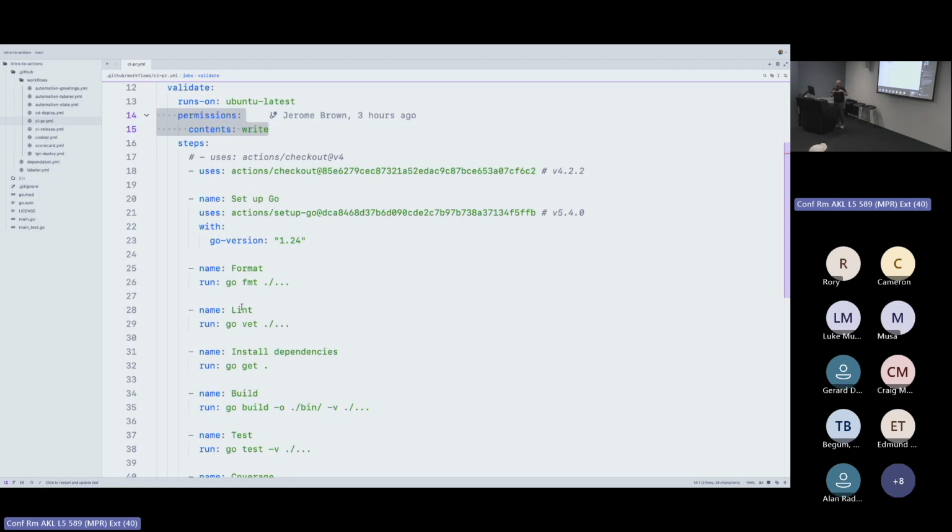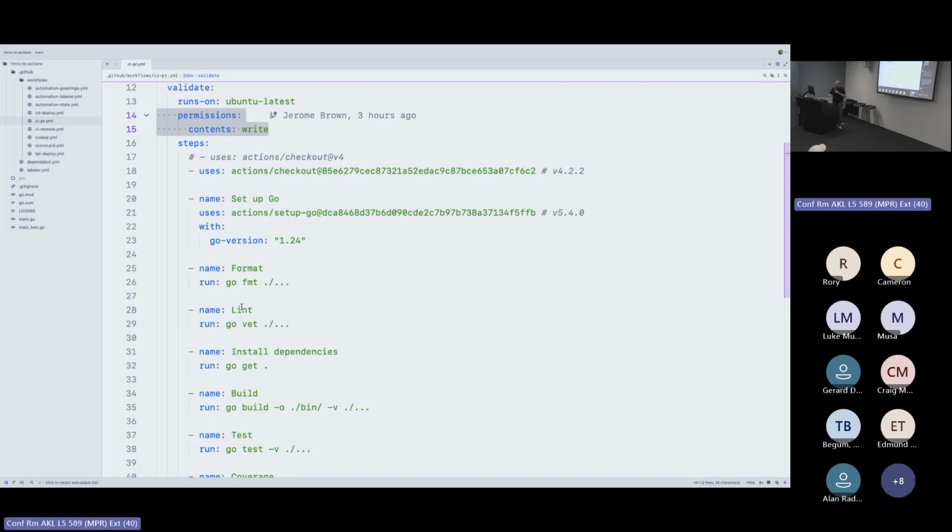So maybe I want to format and fix. So I'm going to run a linter, and Go is obviously very opinionated in what it does. So I can tell it to go format, and then I can push that code back in. So I'm not going back to the developer and saying, hey, you forgot to format the code correctly. We just update it in the background. Or you could tell them that, no, you need to do that. Build the habit,